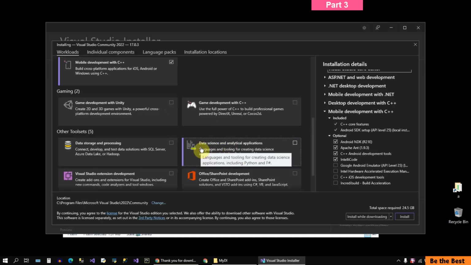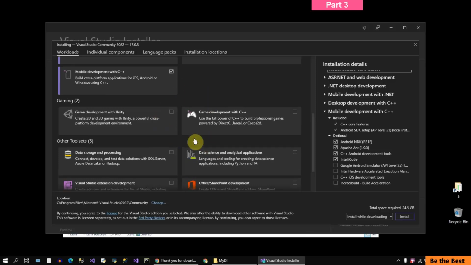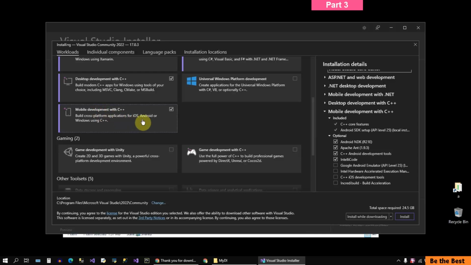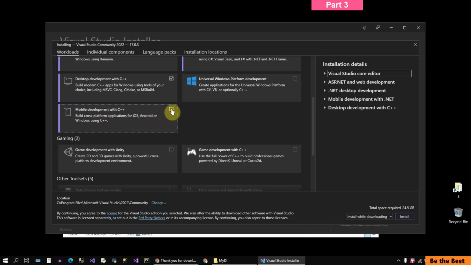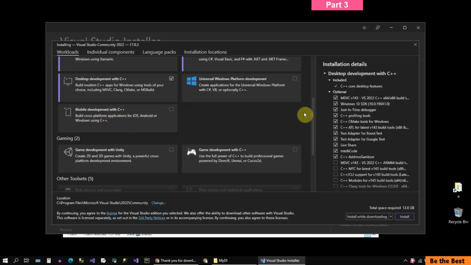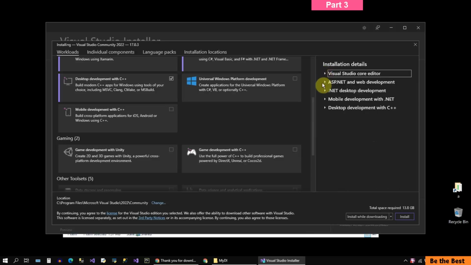No, never. And you need to select this based on your need. And I quickly talked about the required features and the applications over here. And also I don't want to develop the mobile application using the C++, so uncheck this one. So until here, I have the Visual Studio ASP.NET for creating the web applications using the ASP.NET, the .NET, and